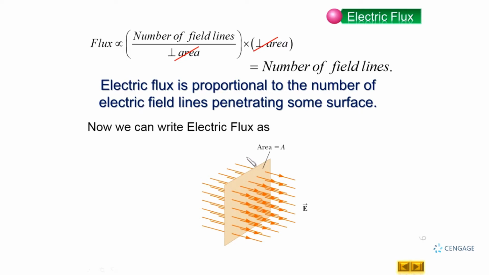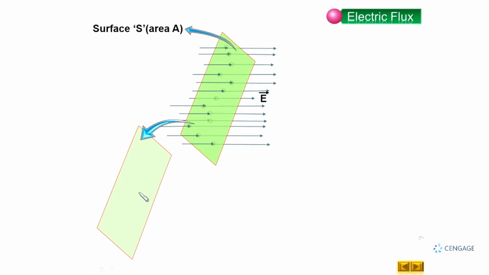Let us now place the same rectangular surface, but not perpendicular to the electric field, but inclined at a certain angle with the electric field lines. Let us call this surface S and area A. Let us make this surface again, and you know the electric field is horizontal here. This is E and the area vector is perpendicular to the surface. So we can make the area vector like this, and let us define this angle as theta. We define the equation phi equals E perpendicular multiplied by A. E perpendicular is nothing but the electric field component perpendicular to the area vector.